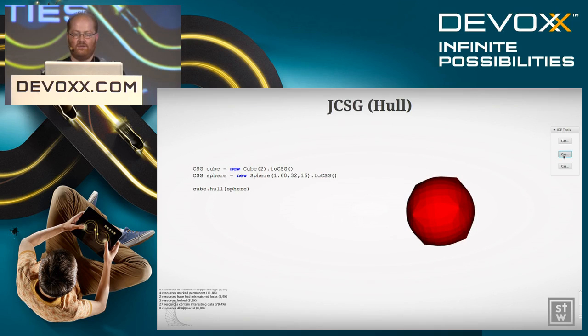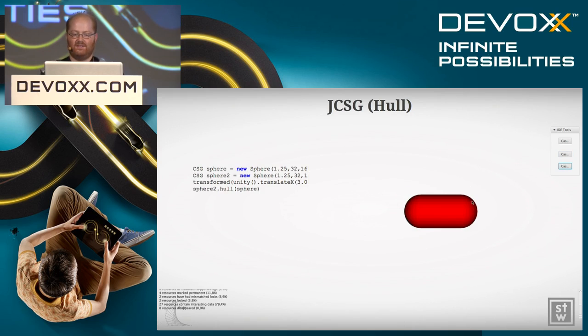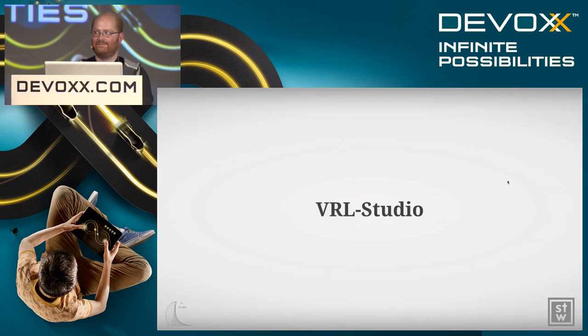And there we also have different examples, like we shift it here by one again, and then we wrap both objects. And here we just use two spheres to make this little nice capsule. Yeah, that's basically JCSG. Now I'm going to introduce you to VRL, just give a brief introduction because it's